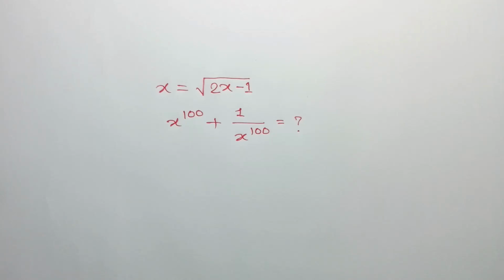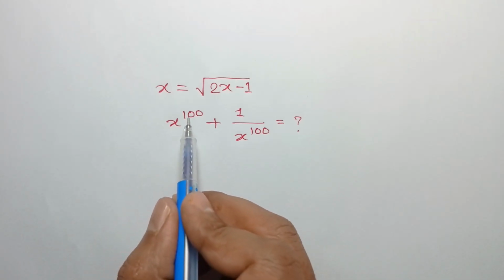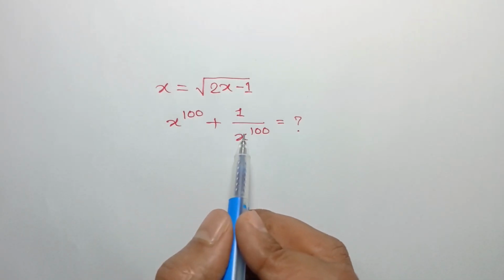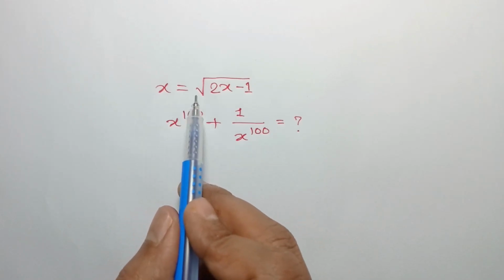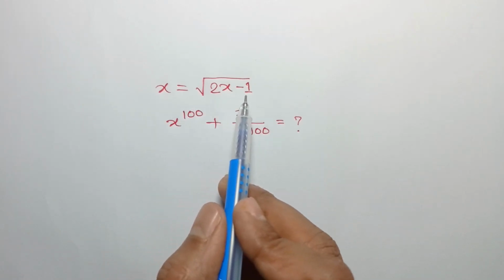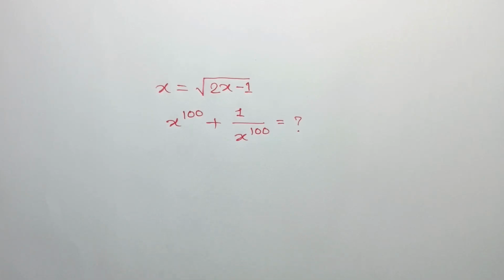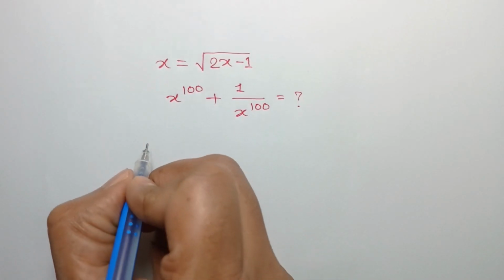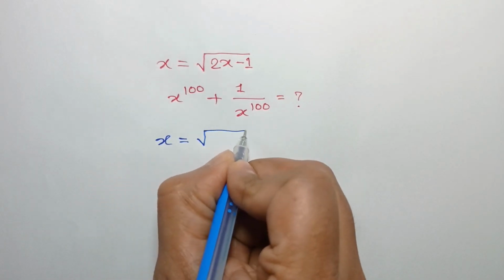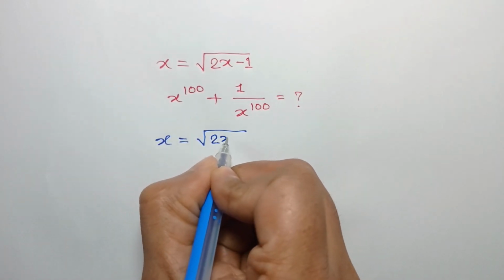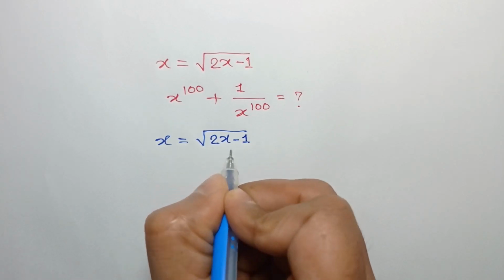Hi everyone, in this video I am going to show how to find the value of x to the power 100 plus 1 over x to the power 100, where x is equal to square root of twice x minus 1. As x is equal to square root of twice x minus 1,